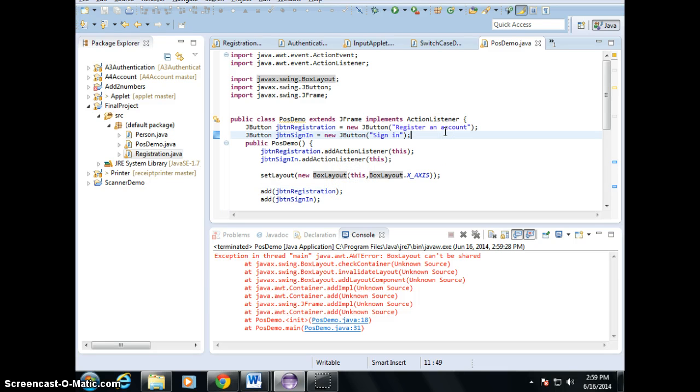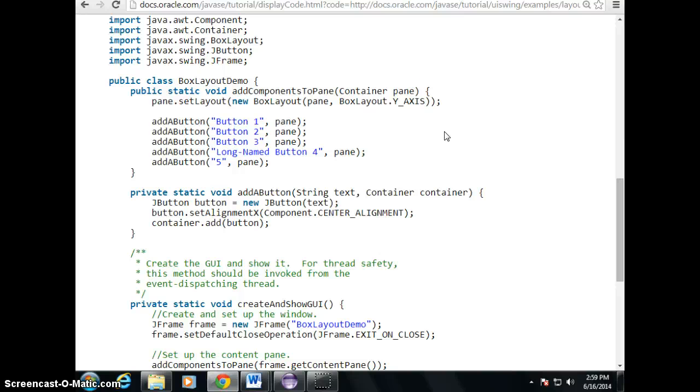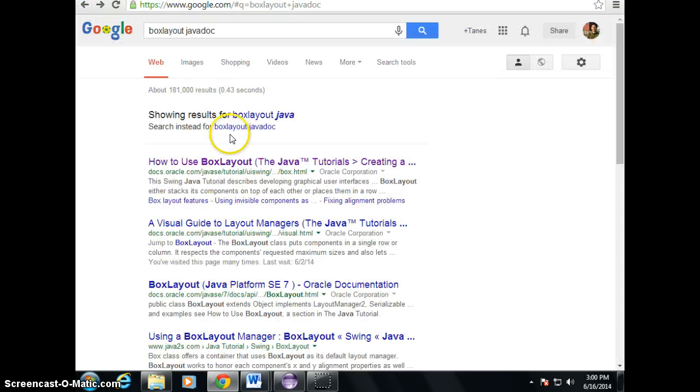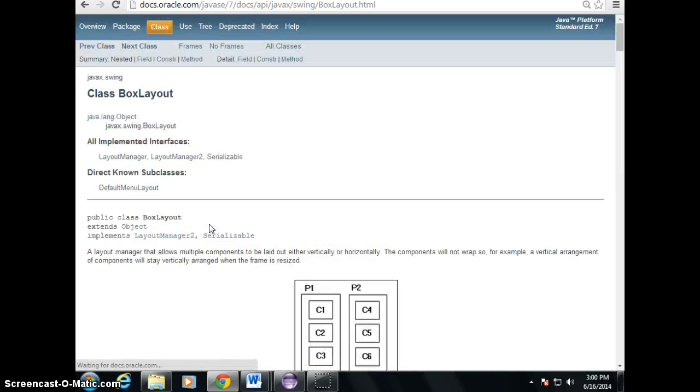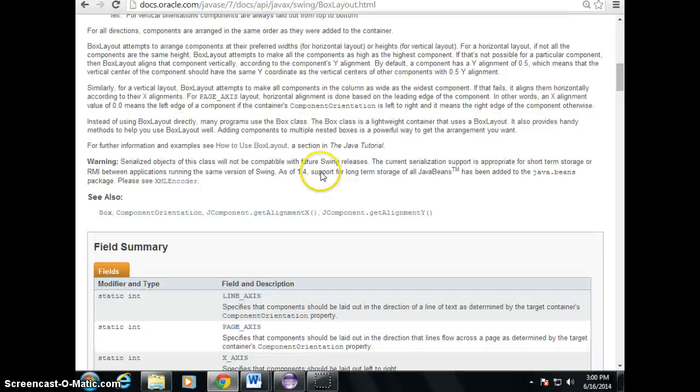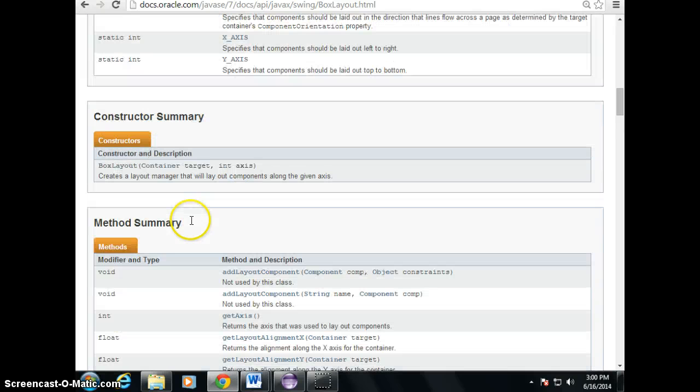So let me show you. Let's use FlowLayout first then. I'm going to show you the other one. Oh, because of the constructor, they don't have it. If you check on JavaDoc, constructor for BoxLayout, summary of the constructor,